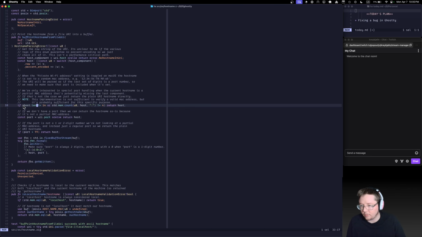So if we're at 2, 3, 4, 5, 6, 7, 8, this is every third character. So if we go index plus 1, yeah, so we want to do if index plus 1 modulo 3 is 0, that means we're expecting